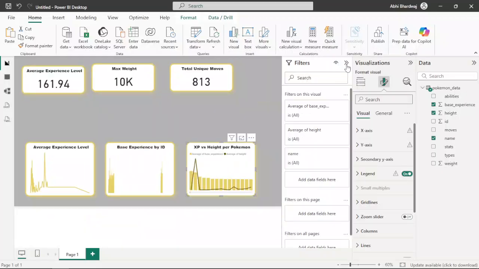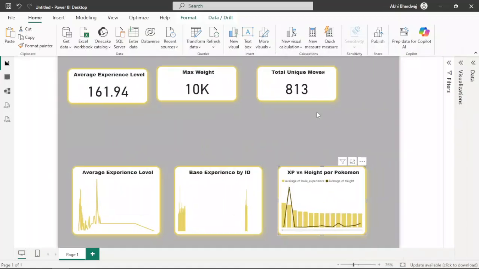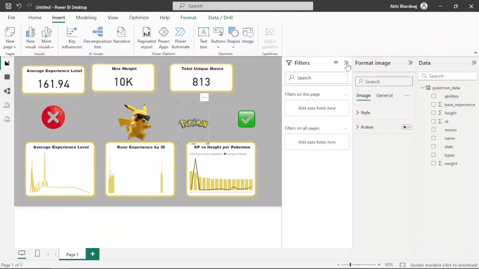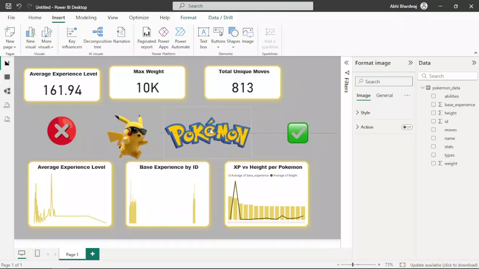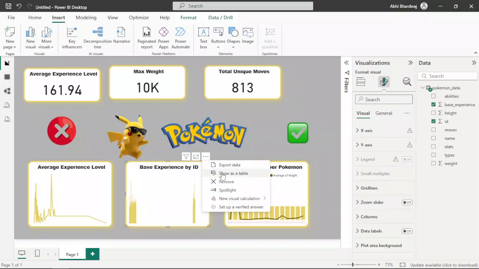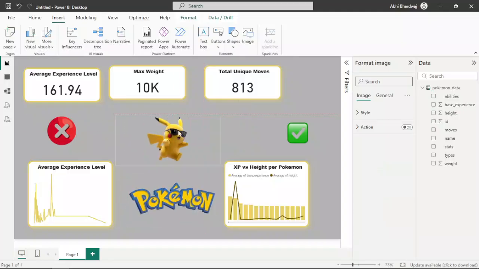And now let's add hide and show feature. So now let's do one thing. Let's expand the. So I've already added a few elements. So let's do one thing. Let's remove this visualization to make space for the PNGs. So okay. So now I'm gonna add a